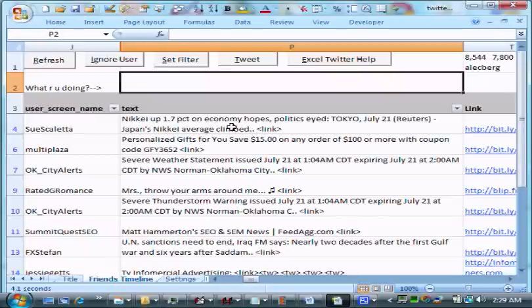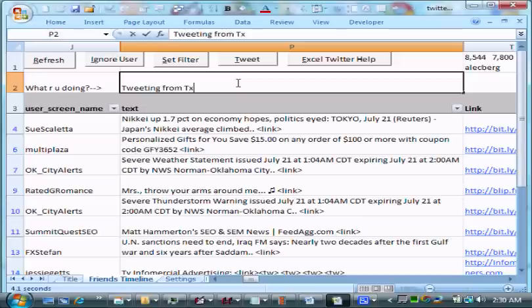Okay, so what I'm showing now is data downloaded directly from Twitter into Excel. Basically, you have some of the similar functionality as in Twitter, and some extra stuff. Up here we have our following and follower count and my user ID. And of course, if you want to tweet something, I can type something in here,